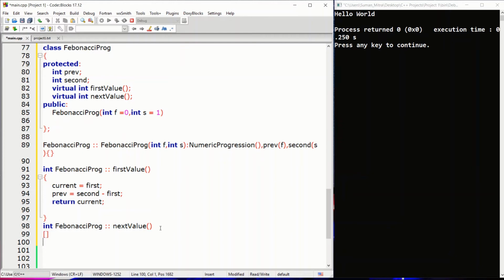Just come down here, and we want that whatever the previous value is should be equal to the current value. Whatever the current value we have, that should be equal to the previous one, meaning for the next value.